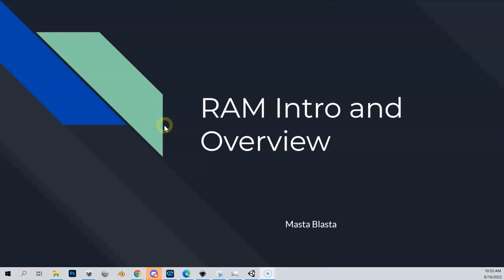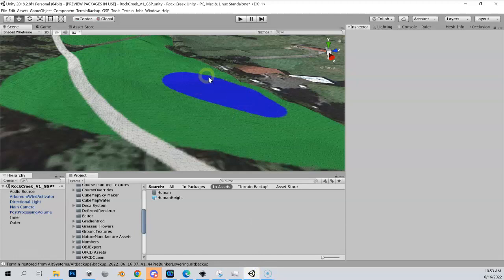So I'm going to take the next few minutes to, again, keep the RAM intro and overview going and show you some of the basics inside of Unity before we actually start doing our terrain digging. So in Unity, this is hole one. We've got our cart path over here on the left and this water body here on the right. And so let me show you the two different types of RAM splines first and how you add them to